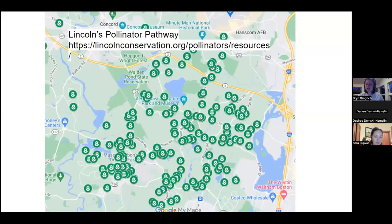So here is just a little screenshot of the interactive map that we have on our website that shows the locations of our plant sale participants' gardens. And we removed identifying data, so it just shows the pin in the general area. And you can see it's not just Lincoln, it goes way beyond into many neighboring towns. But this has been a great way to visualize the expansion of Lincoln's pollinator pathway, especially considering we have 2 to 3 conservation sites, and as we'll talk about later, a lot of other demonstration gardens around town,